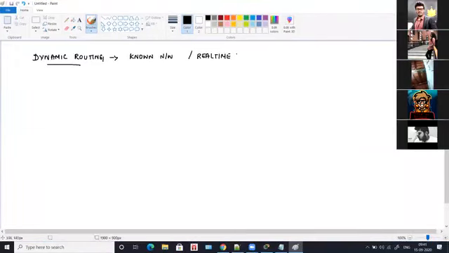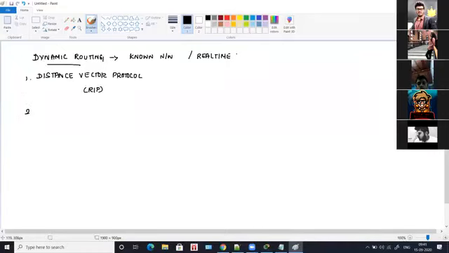In dynamic routing, as I told you, there are many types of dynamic routing protocols. The first one is distance vector protocol, and in distance vector protocol, you have something called RIP.